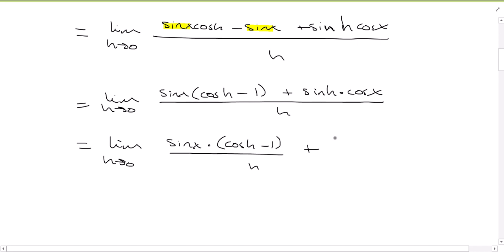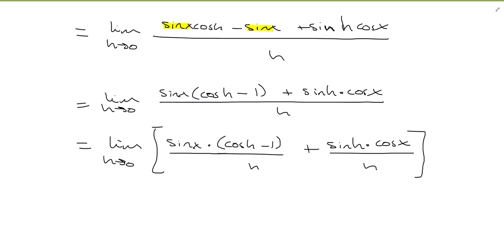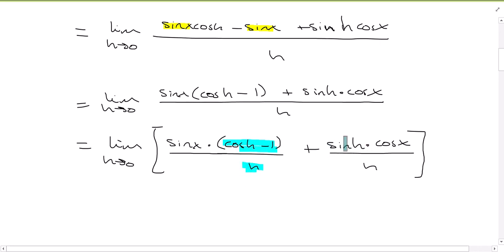And then plus, well, the whole thing is over h, and I'm going to split this. I have sine h times cosine x over h. And I'm taking the limit as h goes to 0 of both of these. And so now what I want you to notice is this cosine h minus 1. I know what that limit is going to be. And I have the limit as h goes to 0 of sine h over h. What do you know about this limit? Right? We know that